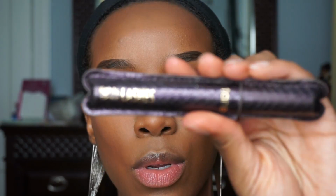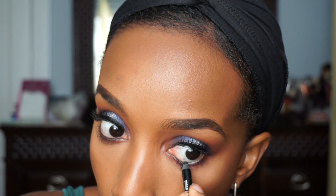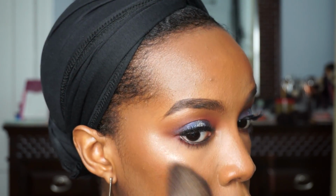Well, next, Lights Camera Lashes mascara, and then to line the waterline, I'm going in with this Zero Eye Pencil by Urban Decay 24 Hour. Then I sprayed the face to set it, and before the face is completely dry, I applied a light layer of the Tourmaline highlighter by Anastasia Beverly Hills. And I just did that very lightly,